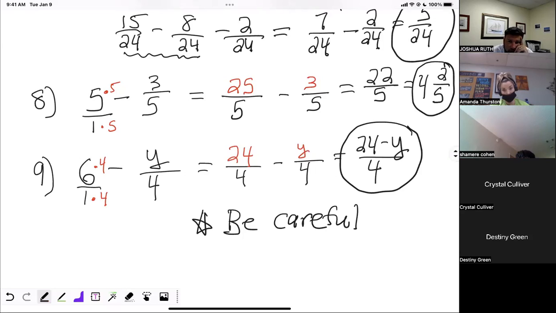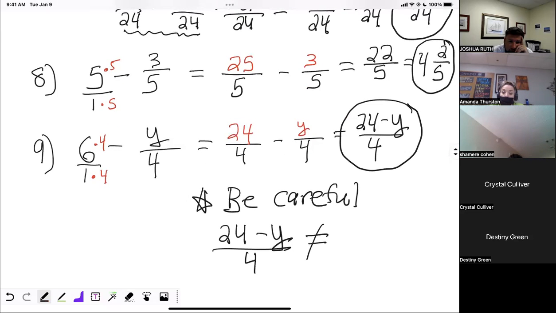I'm going to put a be careful here. (24 minus y) over 4 does not equal... Be very, very, very careful. You're going to think, oh, I can simplify 24 and 4, right? 24 divided by 4 is 6. It is not 6 minus y. That is not the answer. You cannot simplify these